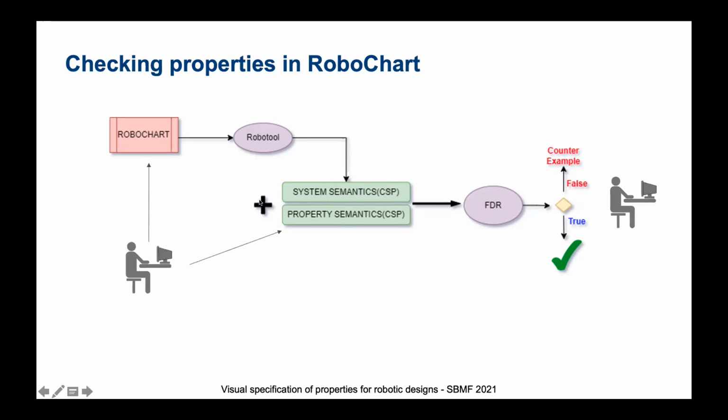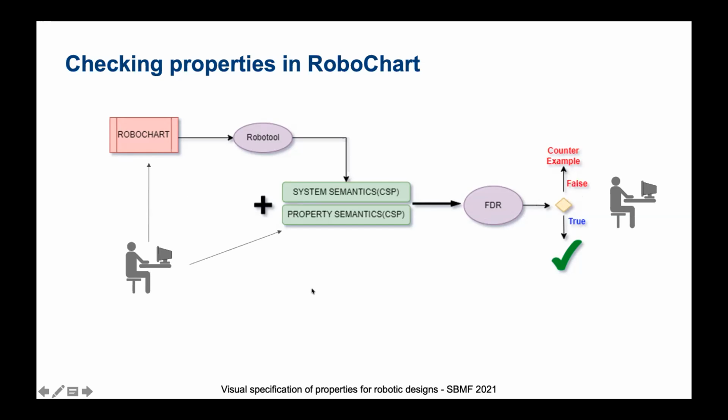But if you want to define application-specific properties, you need to write them by hand using the notation of CSP, and you have to know the underlying semantics of the RoboChat model. So you have to know CSP to write a property. And also, if the property does not hold, he has to interpret the counterexample, which is also in CSP. This is not the most interesting scenario because many of the users of RoboChat are not from computer science,